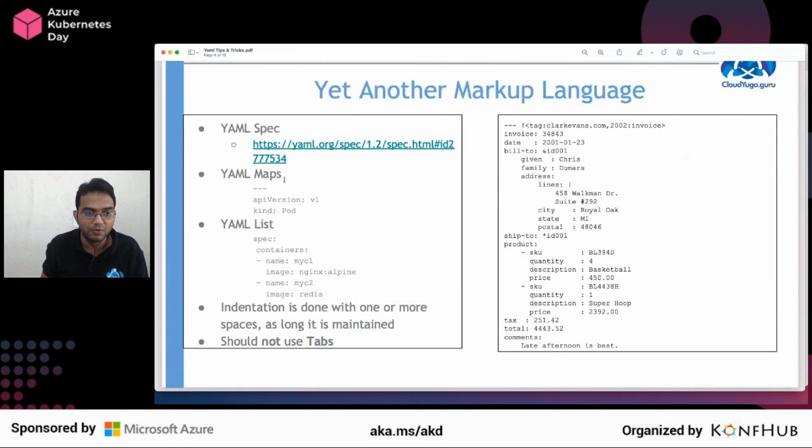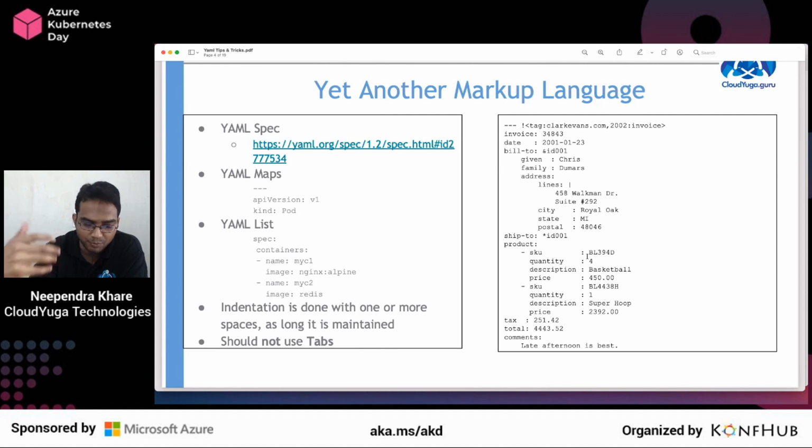So that's one point to remember, which I was saying: use only spaces, no tabs, and how many spaces you want for indentation is up to you. Now here is one example of a YAML file which I have got from the YAML documentation. You can see there is a mix and match, right? In this particular file we have these lists, and under the list we can have maps. So you can mix and match there. You can have maps inside the list, inside the maps, and maps of maps. All these things are possible within a single YAML file, and it is up to you how you want to use it. Yeah, hope that makes sense.